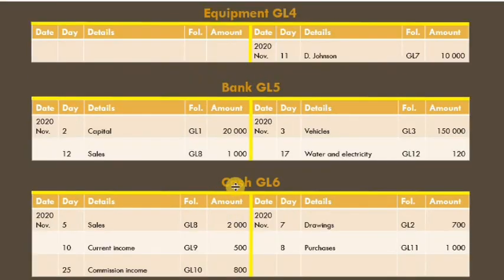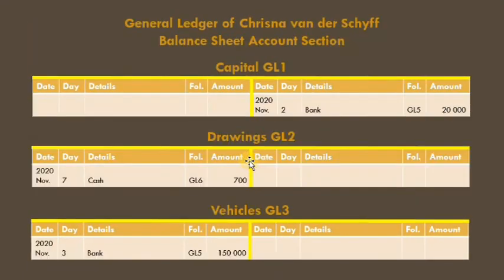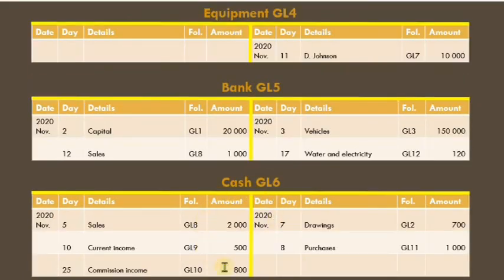All these accounts after one another, and related information is summarized in a T account. So all the information of sales is summarized in one T account. If you think about cash, all the cash transactions and all those information is summarized in one